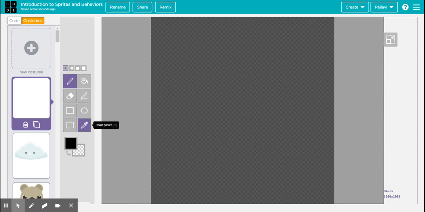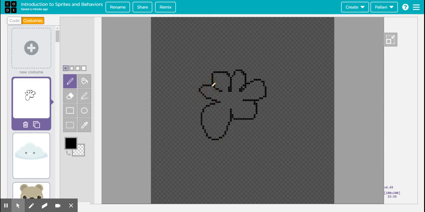For now, we will explore only the use of the pen tool, and then perhaps the eraser and the use of the paint bucket. So let's draw a flower which is of red color. I'll pick up the pen tool and I'll try to draw a flower. Now, as you can see, this doesn't look like a good flower. I'm not very happy with it. So I'll go to the eraser and I'll try to erase it.